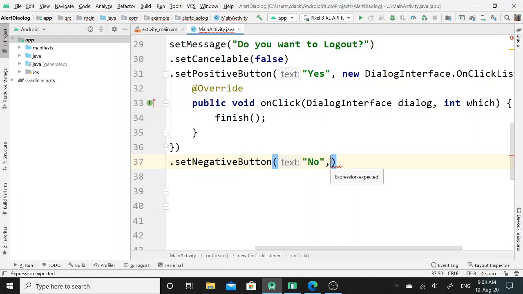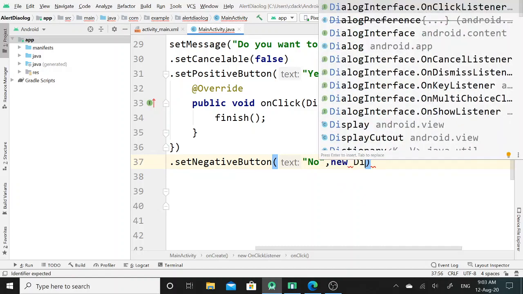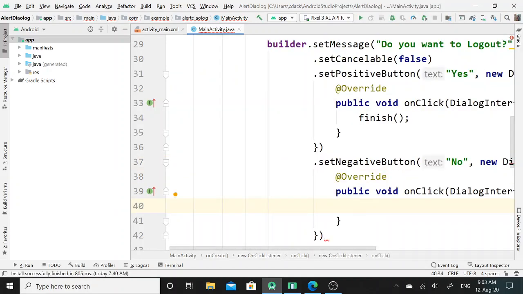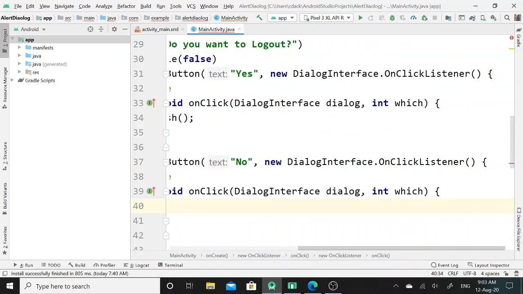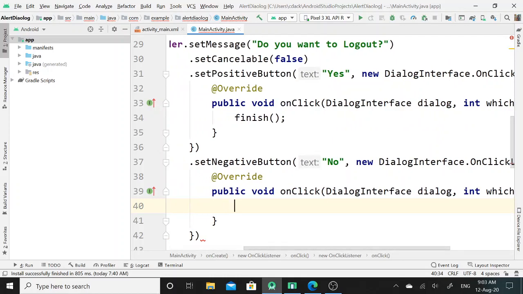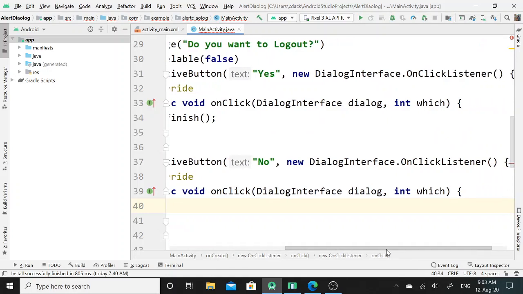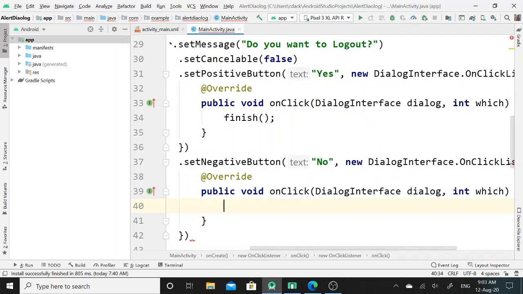Again, using comma separator operator, I will call new DialogInterface.OnClickListener interface. So this is DialogInterface OnClickListener interface of set positive button method, and this is another interface I have passed as an argument to the set negative button method.